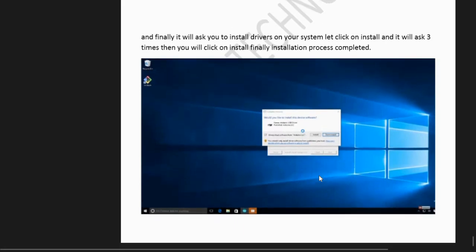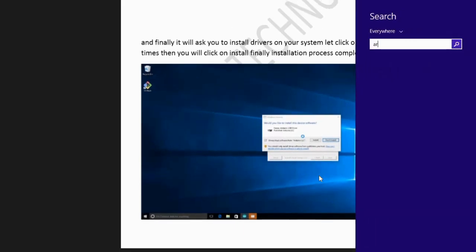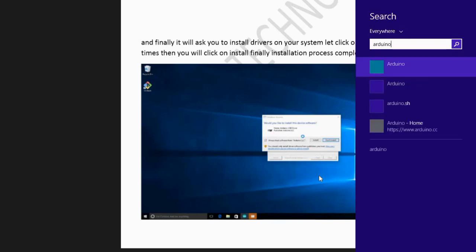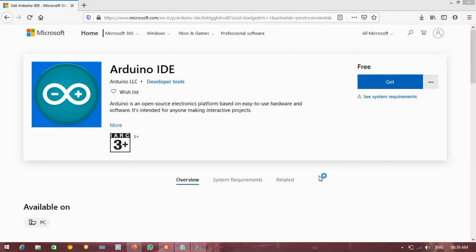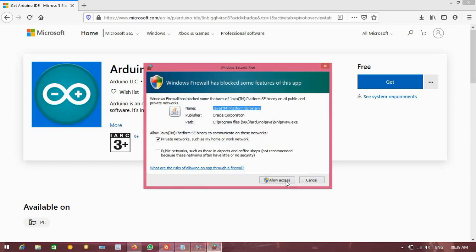And finally the Arduino installing process is completed. Now open Arduino. Yes, it will be successfully installed, and there is no problem with my Arduino software.